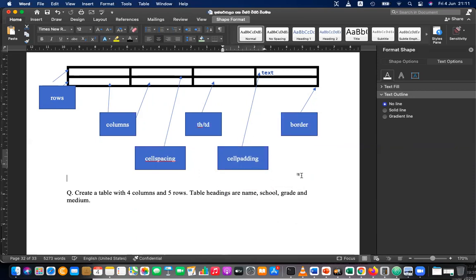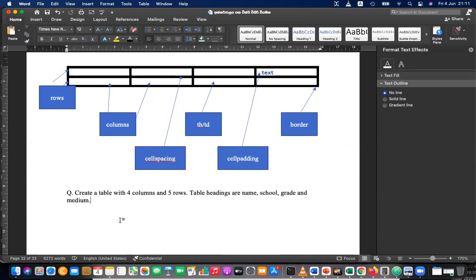Please write the question and start doing that. That one we can write in the book. Create a table with 4 columns and 5 rows. Table headings are name, school, grade, and medium. That is, you have to put here name, school, grade, and medium. 4 columns and 5 rows. Then you have to